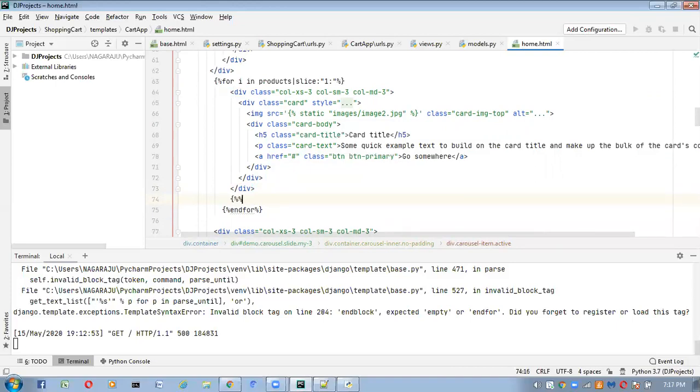Percentage. What are you writing inside the if?